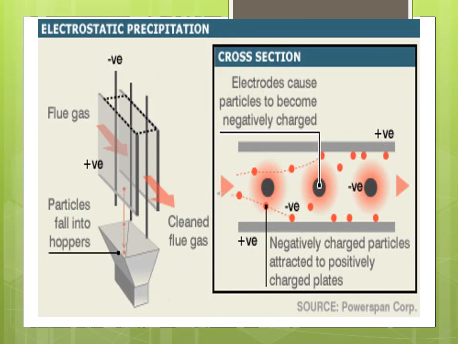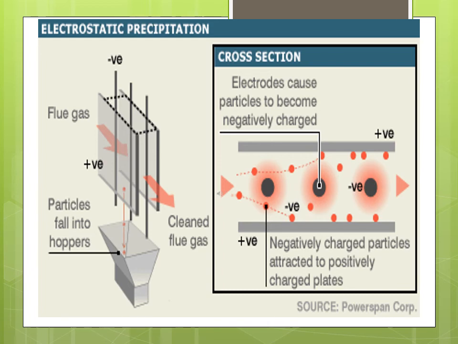Children, let's understand the working of electrostatic precipitator. The polluted gas enters from the bottom and flows upward. The high voltage in the wire ionizes the gas. The negative ions migrate towards the grounded surface and pass on their negative charge to the dust particles also. Then these negatively charged dust particles are electrostatically drawn towards the positively charged collector surface, where they finally get deposited.